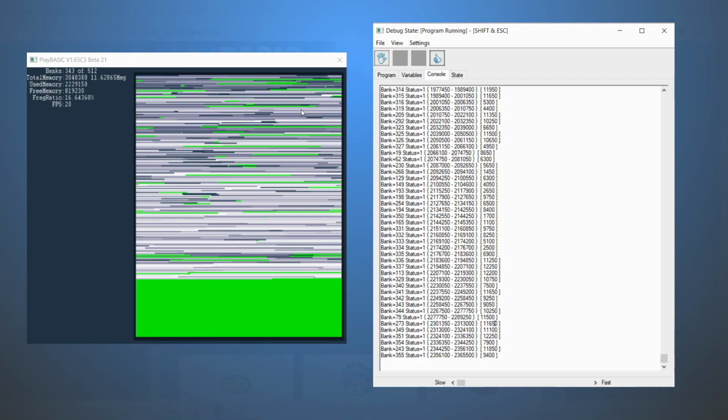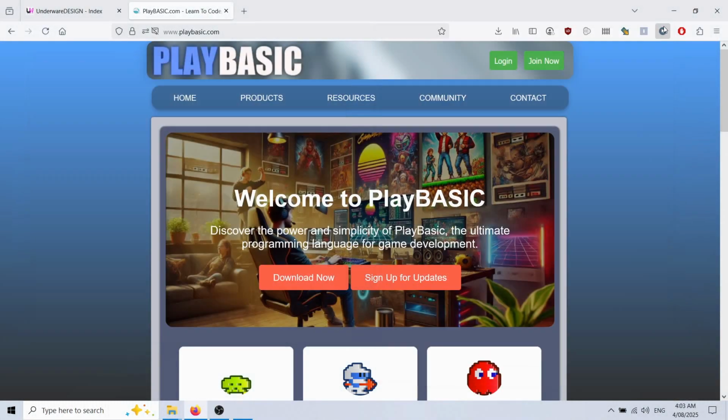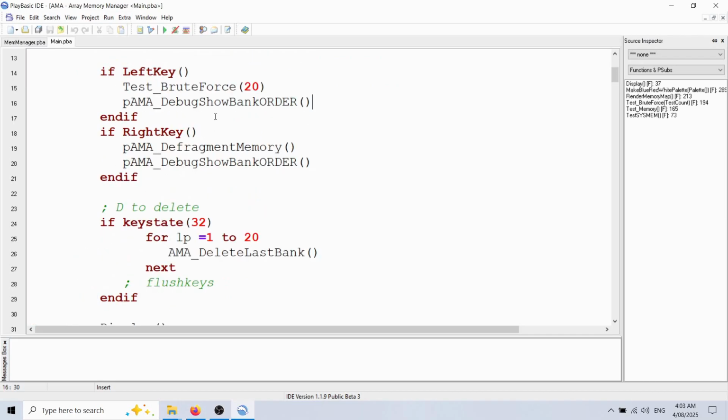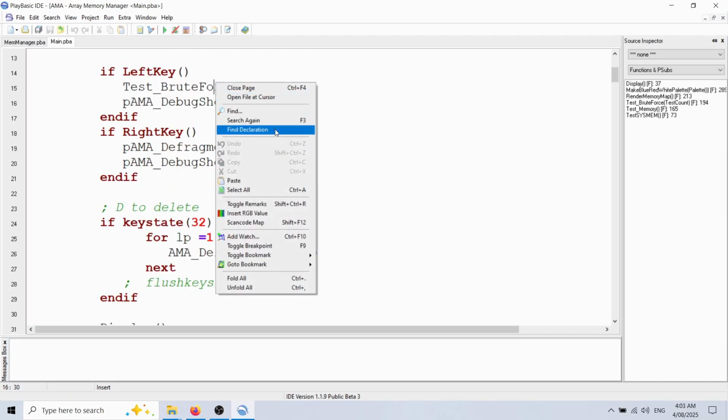gives sort of a usage map, and it's a heat map too. So things in white are big chunks. The darker the color is, the smaller the chunk is relative to that. And if it's green, it's an empty space within RAM. But really, when we call our new bank here,